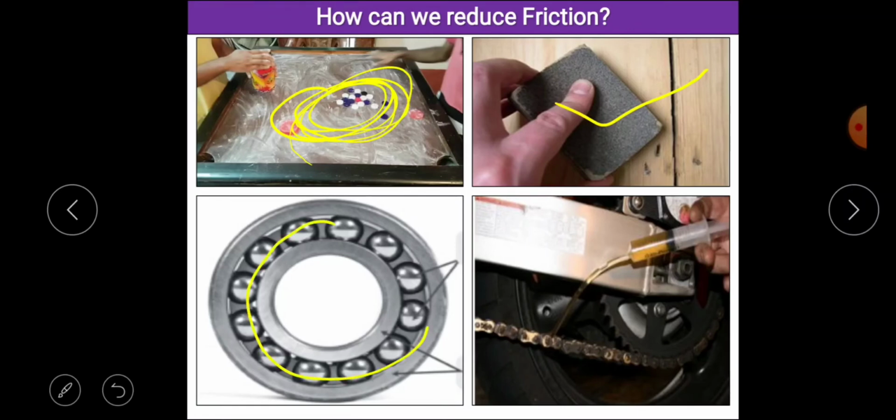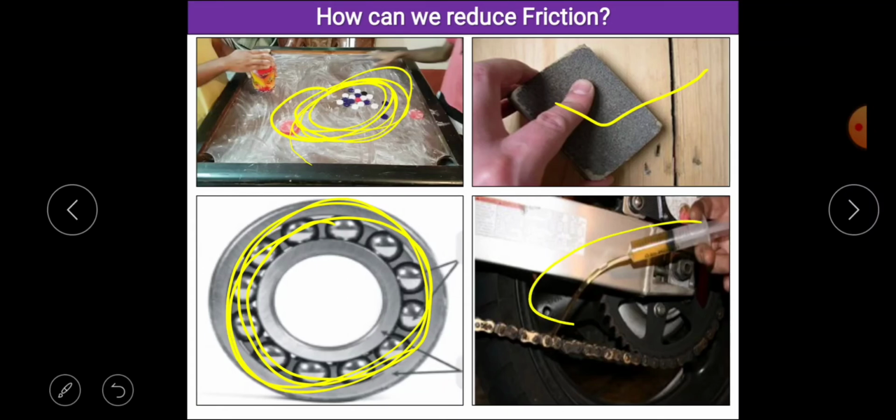Then wheels or ball bearings also help in reducing the friction. That is why it is easier to pull a trolley than to pull a box which will slide. As we know, rolling friction is less than sliding friction. So instead of just pulling or sliding the carriers or the boxes or our luggage, if we put wheels there, like in the case of a trolley, it will be easy for us to pull it and move easily.